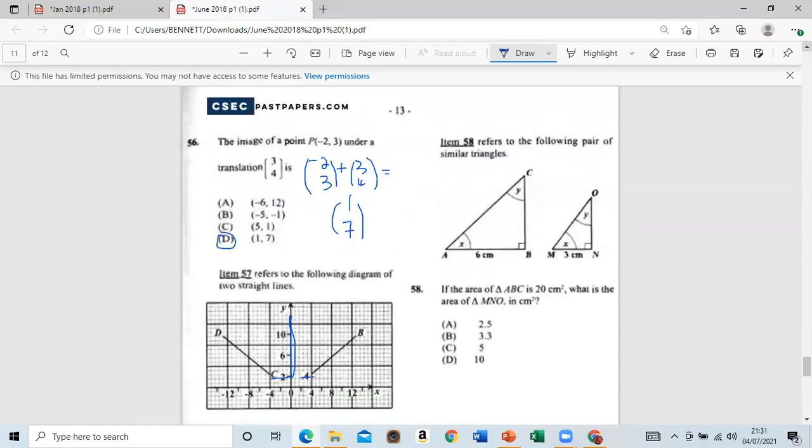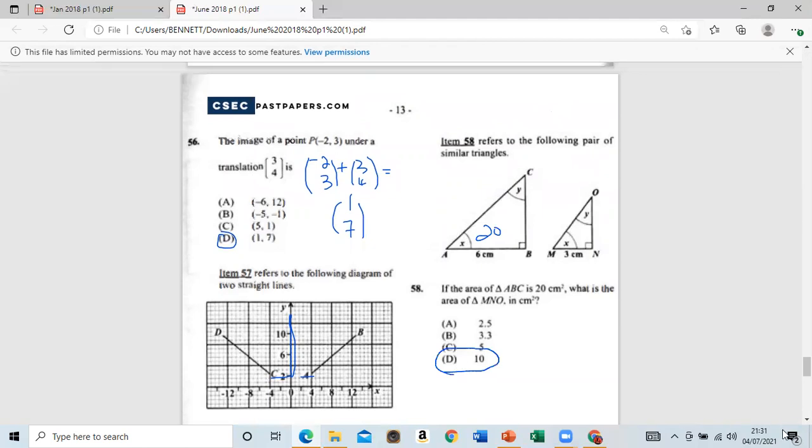58 refers to the following pair of similar triangles. So we say it's similar, right? We know the properties of similar triangles; we did that on my channel. If the area of triangle ABC, the big triangle, is 20 centimeters squared, what is the area of MNO? Now we can look at this, so it's proportional, so 6 and 3, right? So it's a half. So if the one here goes to 20, almost 10, right, not 10. So this one is